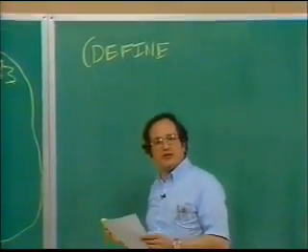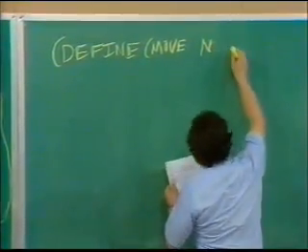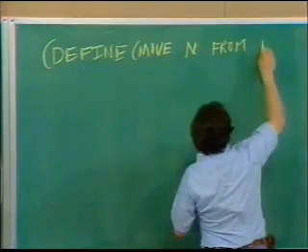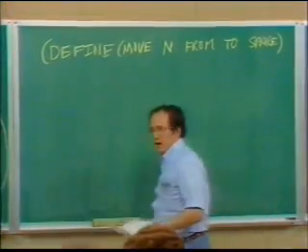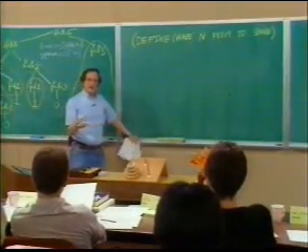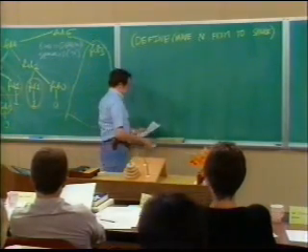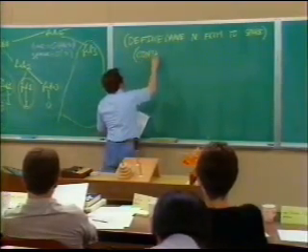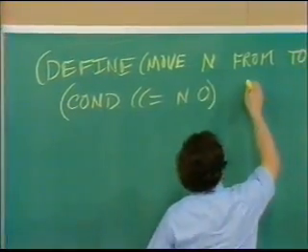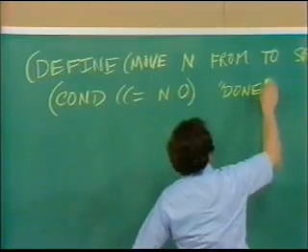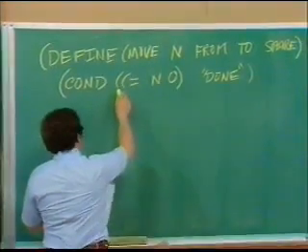Using the algorithm I informally described to you, move an n-high tower from from to to with a spare. Well, I've got two cases. And this is a case analysis, just like it is in all the other things we've done. If n is 0, then I'm going to put out some answer. Done, we'll say. I don't know what that means, because we'll never use that answer for anything. We're going to do these moves. Else,